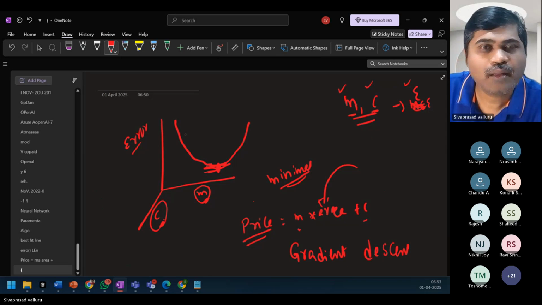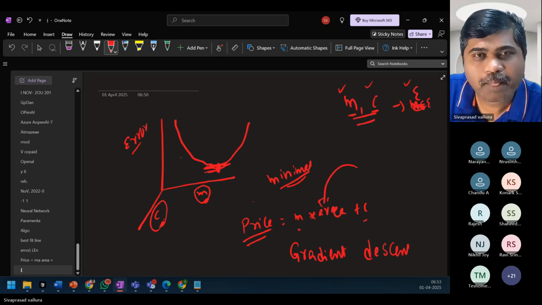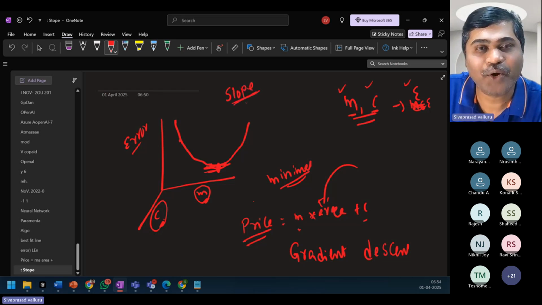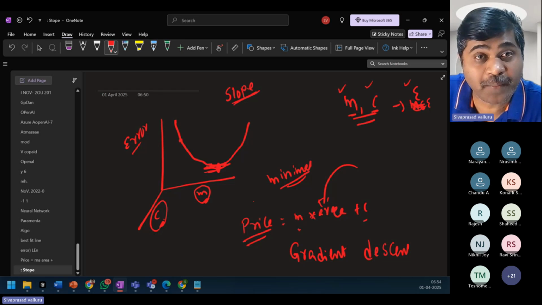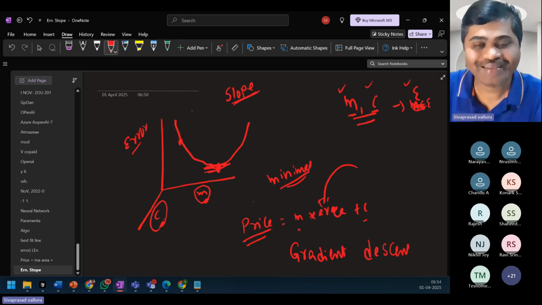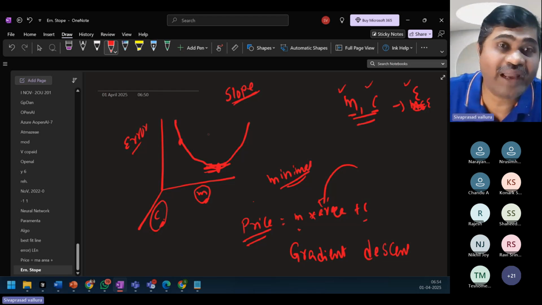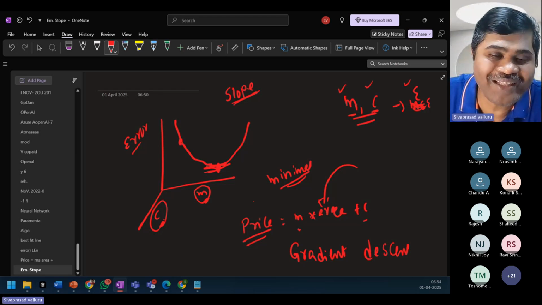If this is a curve, can I find the slope of this curve? Maybe you're all mathematics students. How do we find the slope at a particular point in this graph? Anyone good at mathematics?